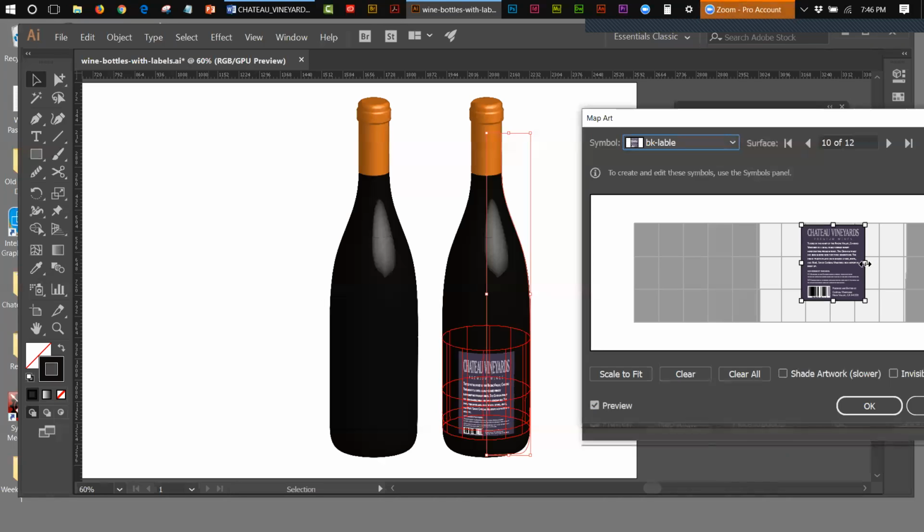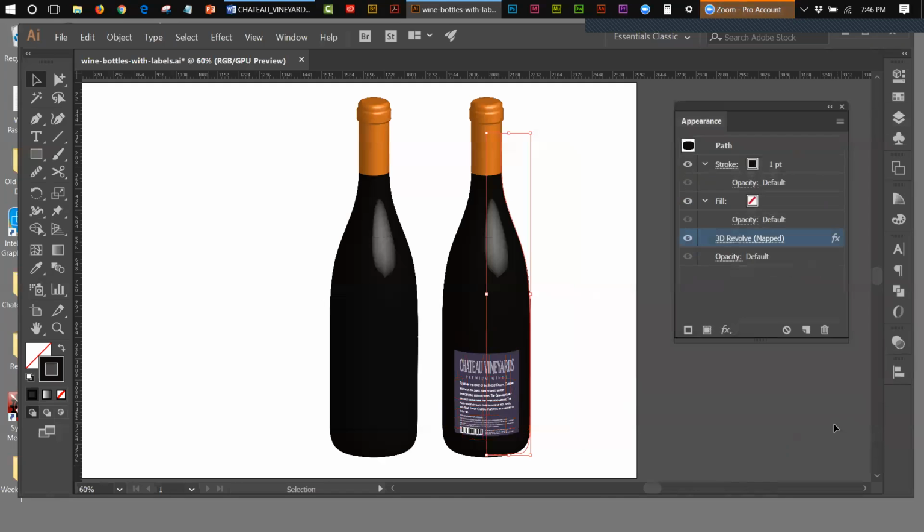Not bad. I think I probably should make it a little wider. Yeah, I can make it a little bit wider still, because it looks a little distorted to me. I don't know why, but I'll make it a little bit wider. That's better, I think. Personally, I think that looks better. Okay, hit OK. And hit OK. There's my back label. And now I'm going to put the front label on this one because, again, I'm running